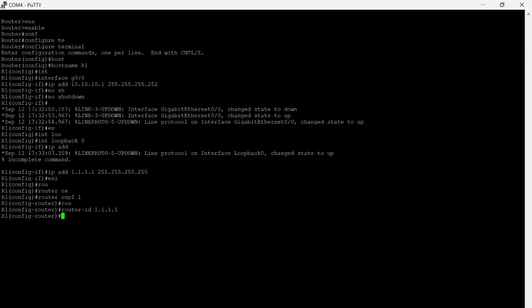This is the router ID, and I add a network from this router. This is the network from router 1 and area 0, and I add the network again for the IP loopback, area also 0, and I exit and I save the configuration.